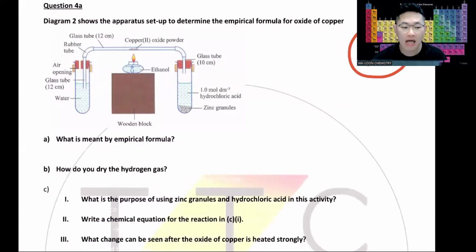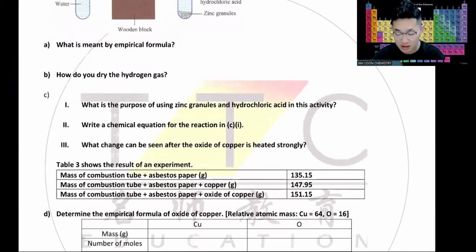So diagram 2 shows the apparatus setup to determine the empirical formula of oxide of copper. Okay, with this apparatus setup, what is meant by empirical formula? Okay, we write down first: chemical formula that shows the